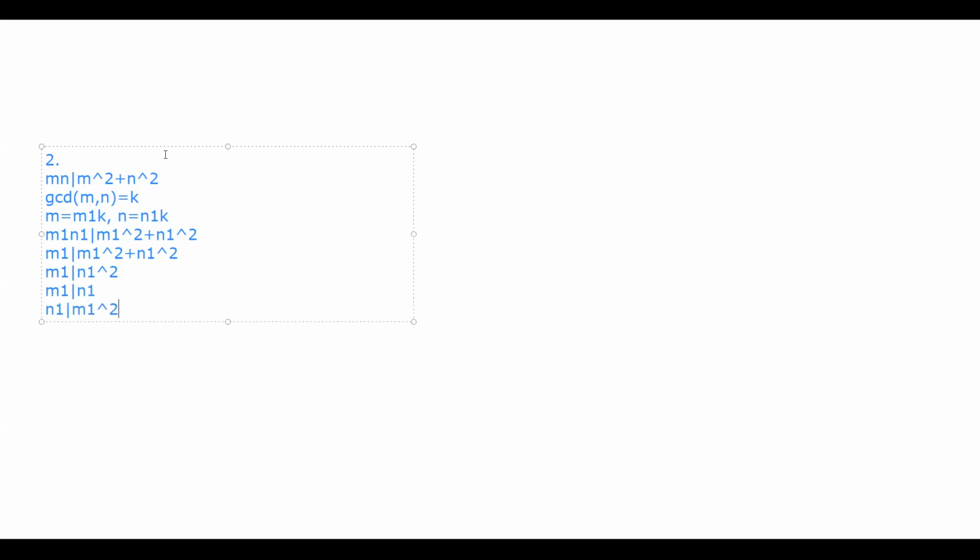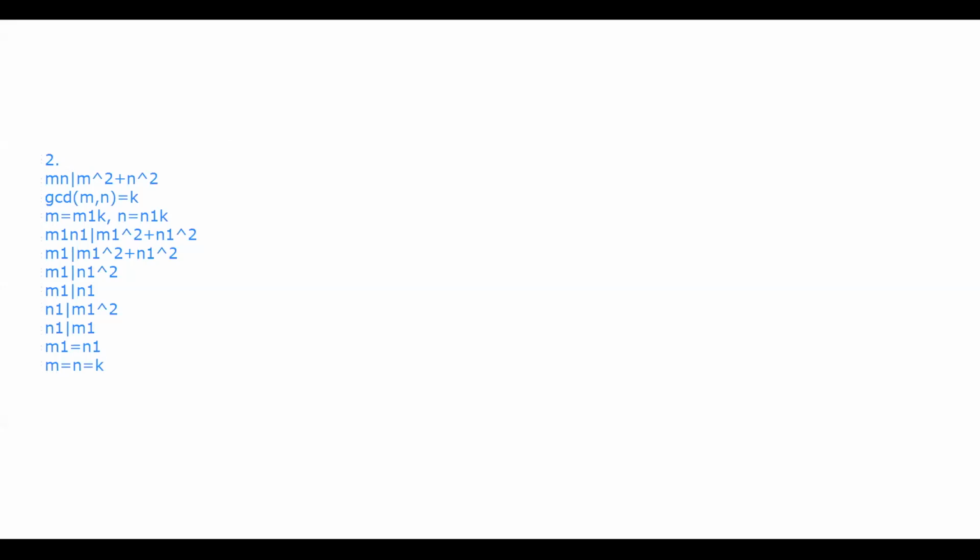You can try to see how I got this. Then you will get n1 divides m1, and we can use our nice property of divisibility. We have m1 divides n1 and n1 divides m1. This is true. So then I can just put m equal to n directly. Also, some of you can note that m1 and n1 must be 1, because when two co-prime numbers divide each other, the divisor must be 1. But since it's also the other way around and equality is holding, both of them must be 1. So m equal to n equal to k, to be more brief.